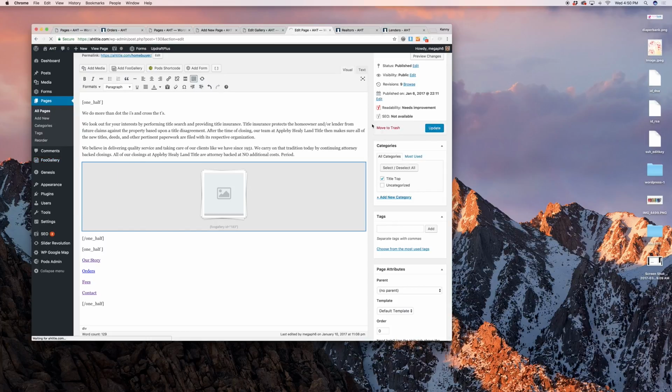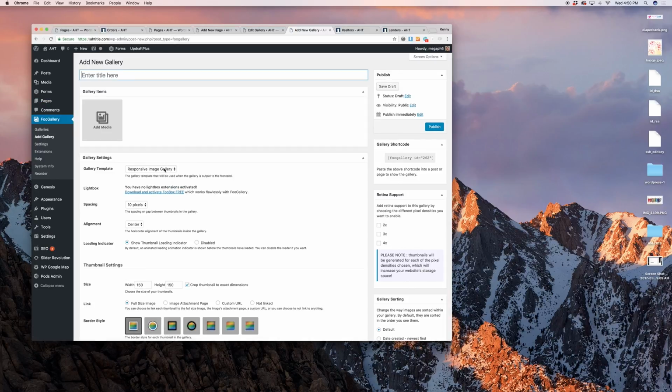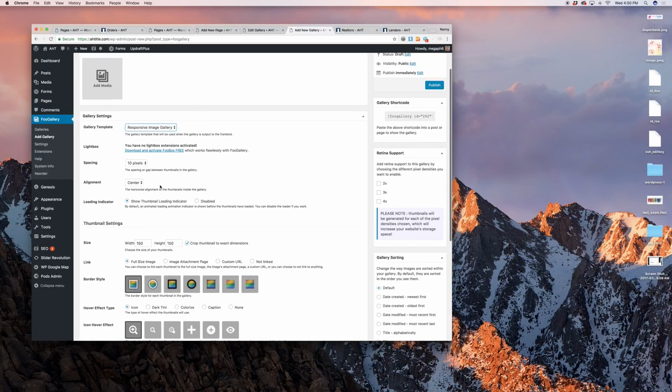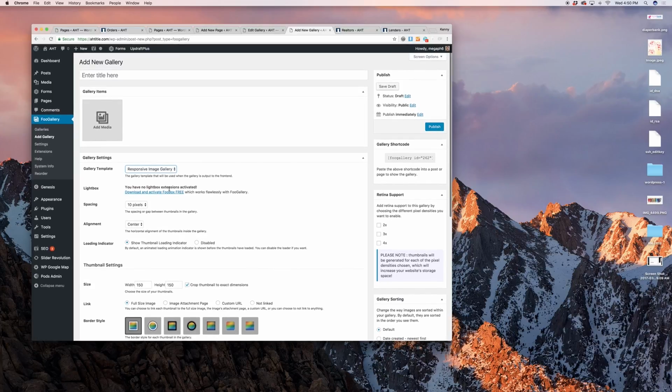There are a lot of options, a lot of good ways you can use galleries on this website, but we won't go through all the details right now. You have different templates, make adjustments to these things, and then just try them out as you go and see what looks best to you. Shouldn't need to worry about anything else under Foo Gallery. We have Genesis here. That's an important part of our website, but nothing that you need to be making changes to. And then under Appearance, we don't need to be worrying about most of the things here, but